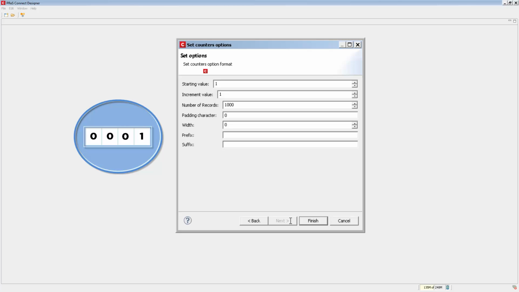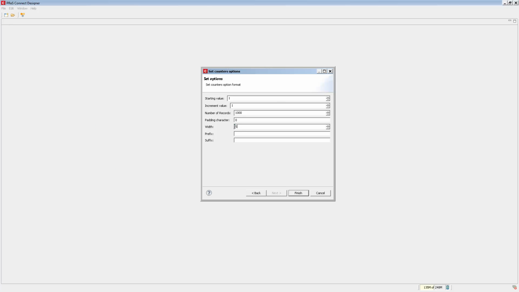You can also determine how you want that number to be padded. What I mean by this is that if you want to have, let's say, number 0001, then you just have the padding character to 0, and you change the width to, say, 5. Adding a prefix means that that will be added to the beginning of the string, and suffix will be added